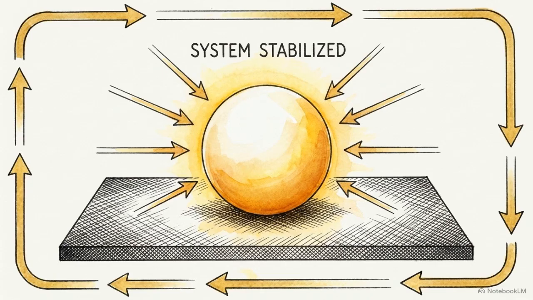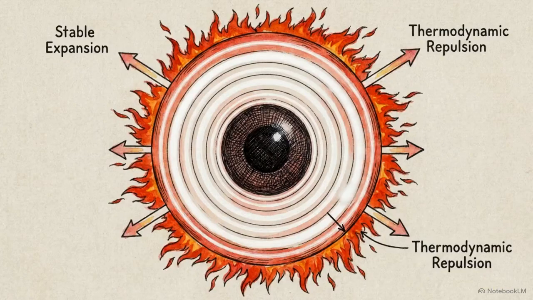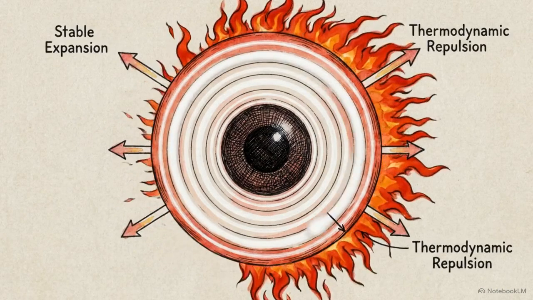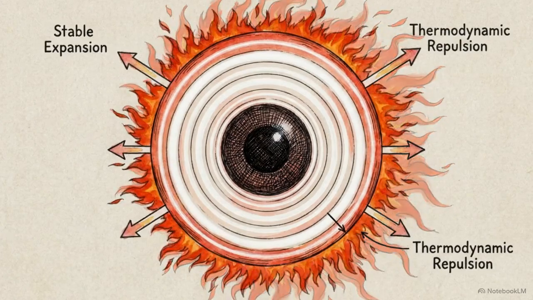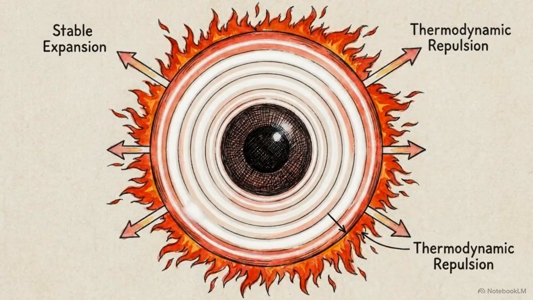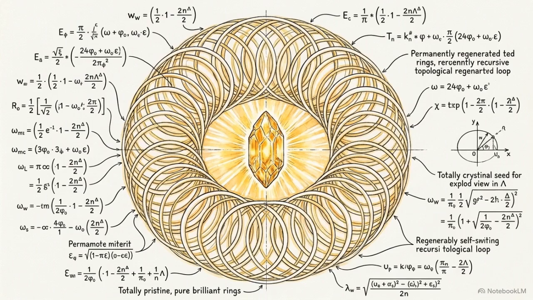This successful non-destructive closure is the R19 invariant. The mathematical recursion ends in total unity. This closure manifests as a radial wave of coherence. It is structurally stable, repelling the surrounding fire and preventing it from breaching the system. The 2-3-7 engine is a perpetually regenerating loop. Each perfect return to the seed generates the next oscillation, securing the system's continued existence.